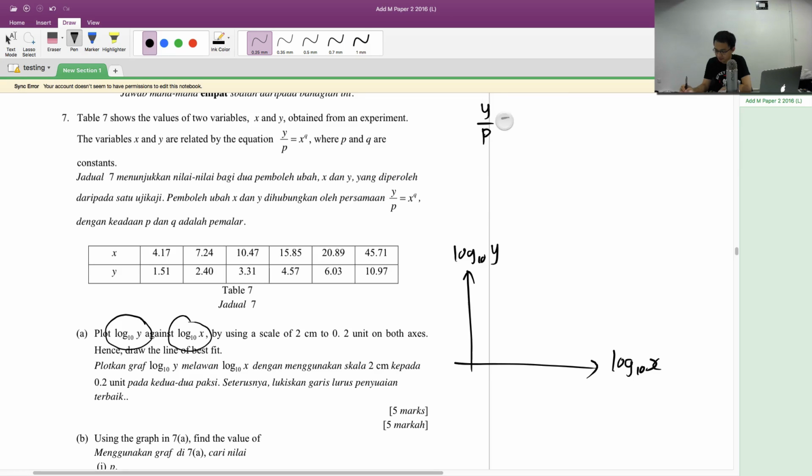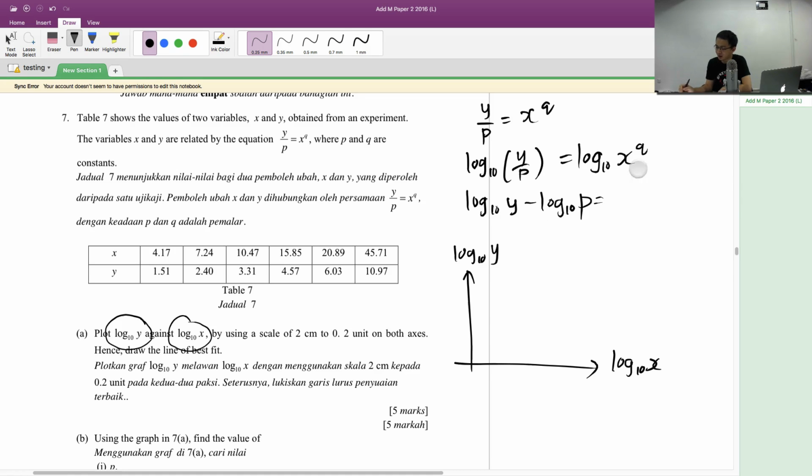solve this equation first. So I know I have to add the log 10 for both sides. And then on the other side I will add the log 10 also. And then log actually tells us that divide means minus. This is just a simple rule of log. And then the power we can move in front, x. Alright, and then I want to make log 10 y the subject, so I will move the log 10 p to the other side, and this one will remain here